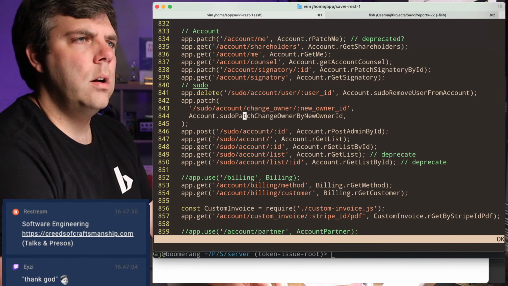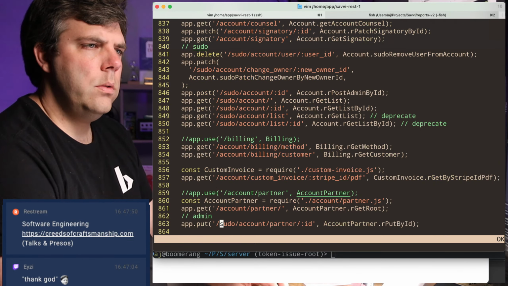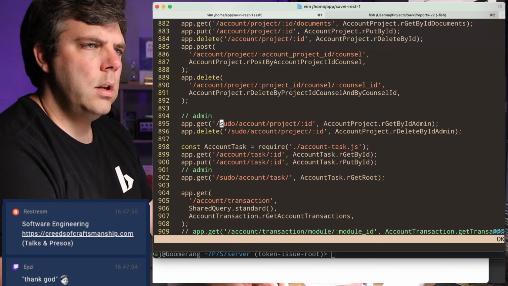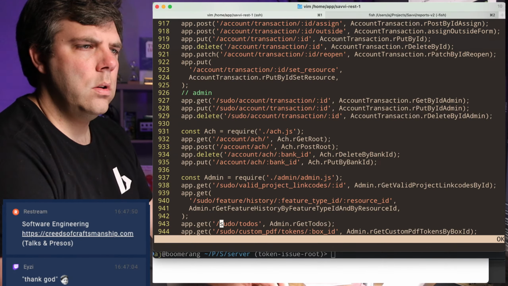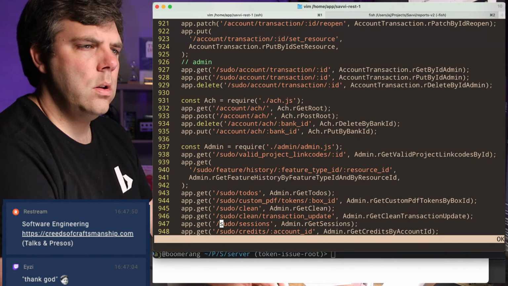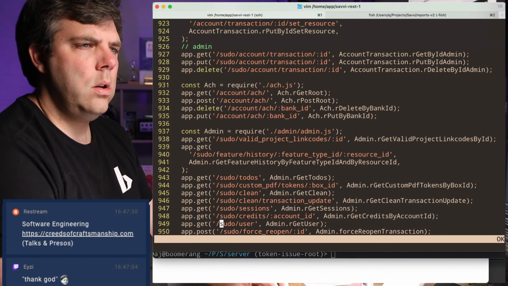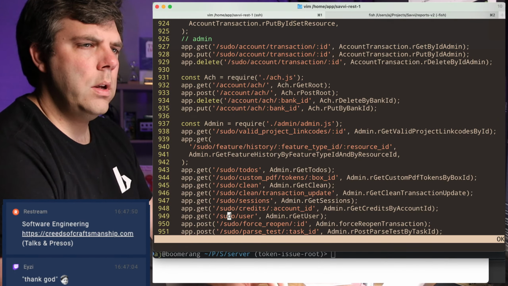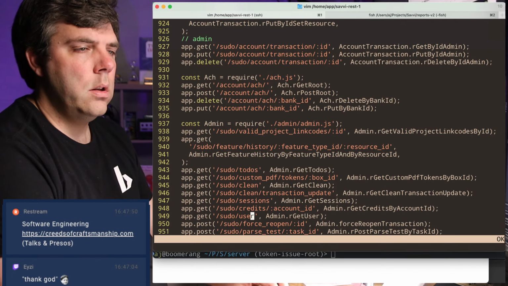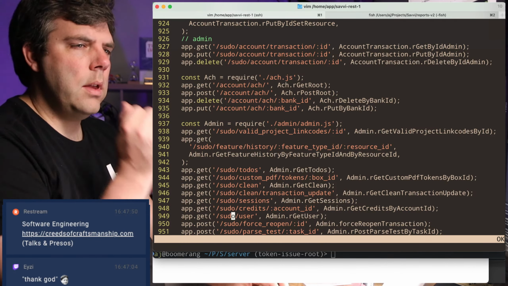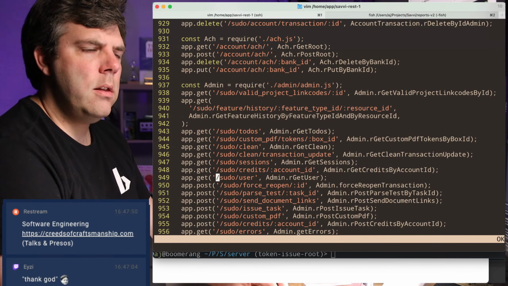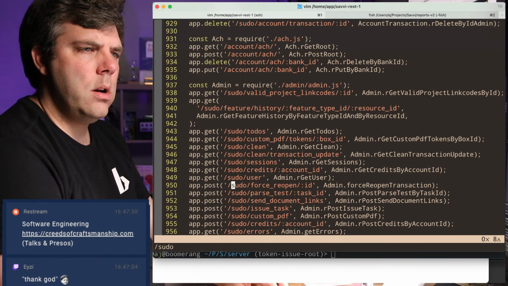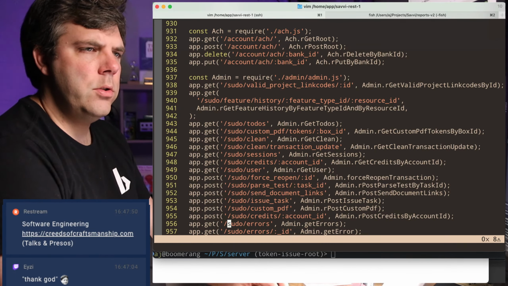Okay. Anything for users? Account, account, account, account. Okay, user, get user. What in the world could that be? Maybe it's the profile of the sudoer? I'm gonna check that.